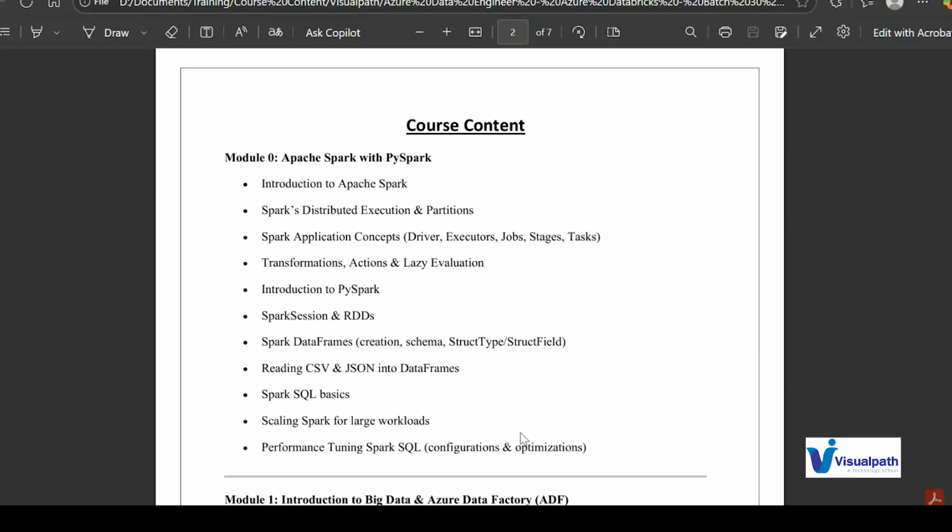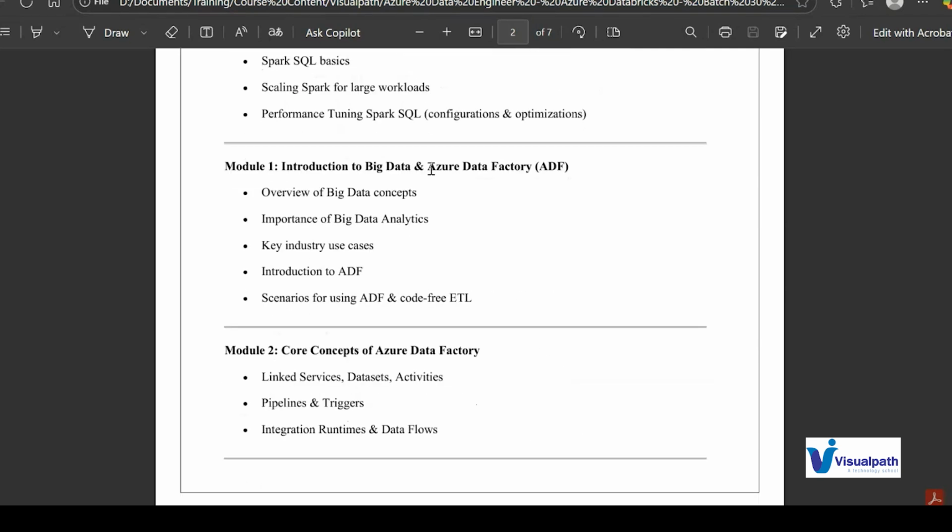Okay. Before I go into other modules, let me clarify that my course content is designed in such a way that it contains 10 to 20% theory sections. Okay. The rest all contains live coding sections. That means I'll be creating the code in front of you and explaining it to you. Nothing like a predefined set of queries or code that I'm just going to show you and explain. Nothing like that.